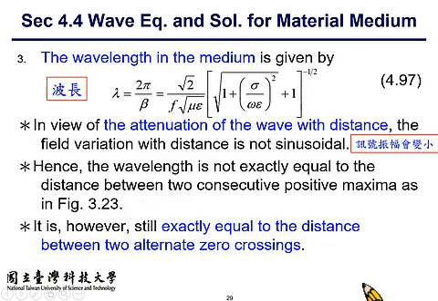And here is the equation for the wavelength by considering the loss tangent. So you see the loss tangent is also involved in the expression for the wavelength within the medium. And because of the attenuation introduced by the non-zero conductivity, if you are checking the wavelength of the signal,